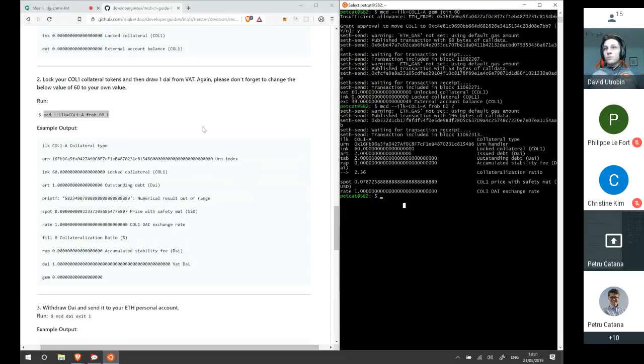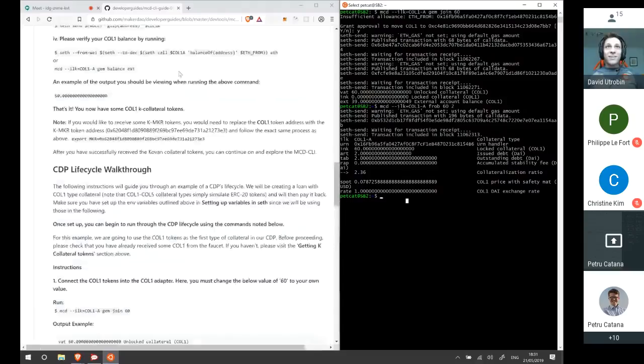All right, cool. So I have a quick question. Is there a way to check the rate or the spot for various collateral tokens? Like, is there a particular command that you could put into the CLI just to query the spot price? I don't know personally myself, but we should just quickly check in the MCD-CLI